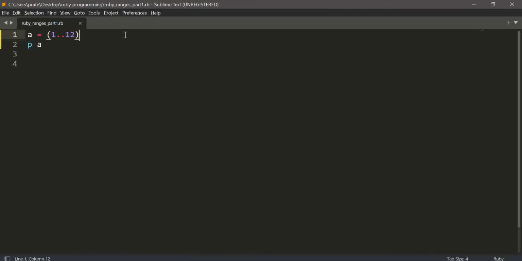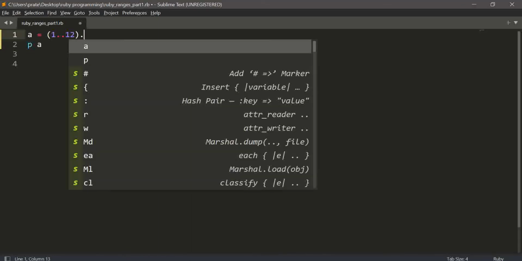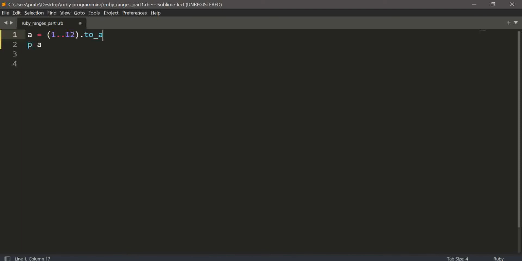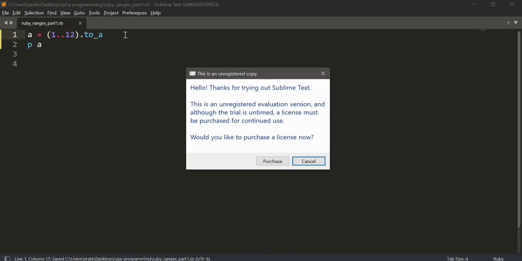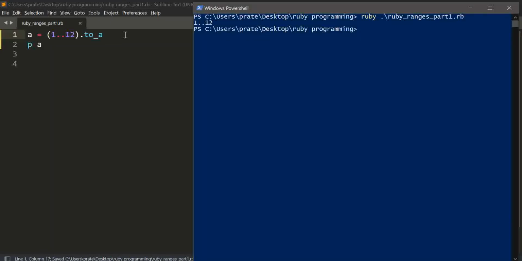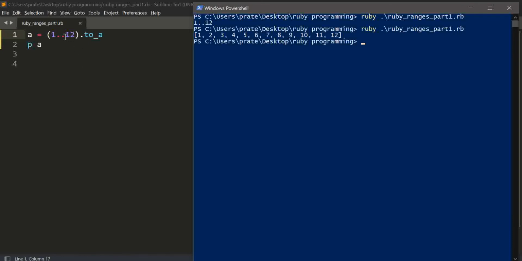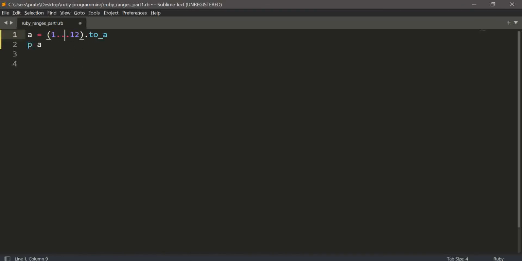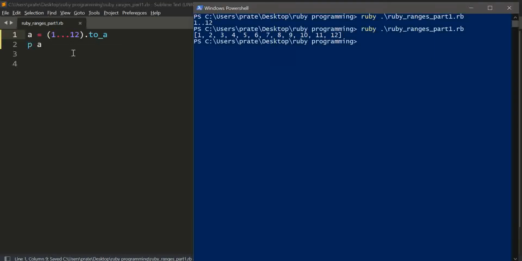To see how it looks, we have to convert it into an array. With .to_a, you can convert it into an array. So now you can see we get the array from 1 to 12. And if I use three dots in between, I will only get the values from 1 to 11.